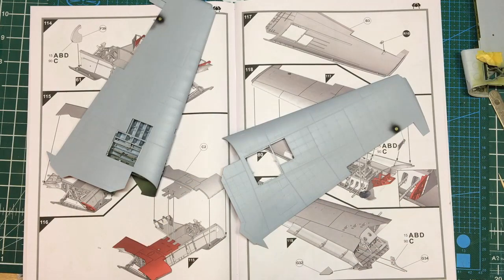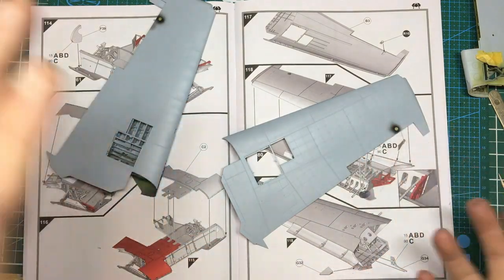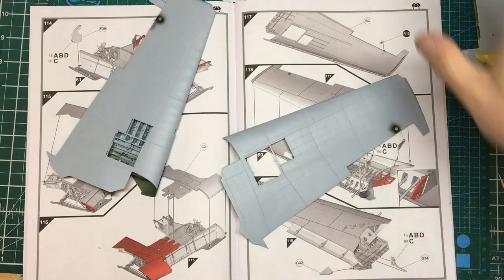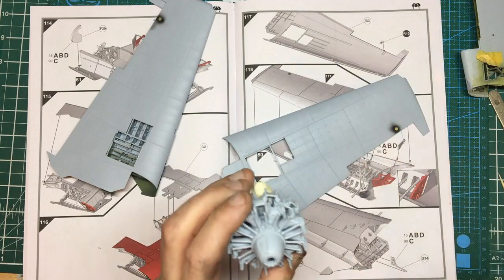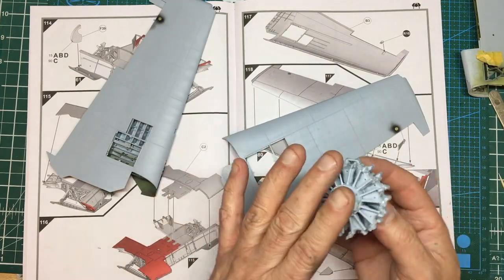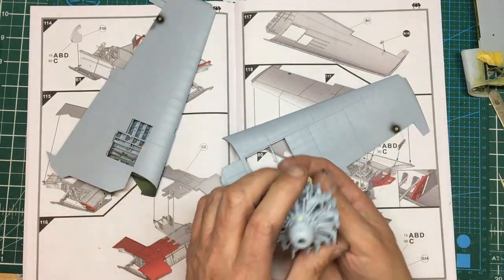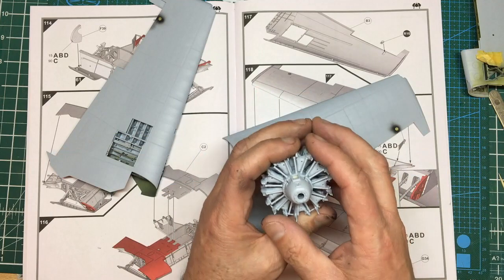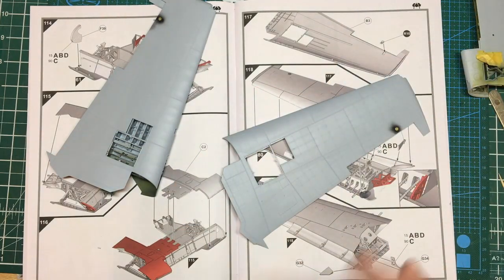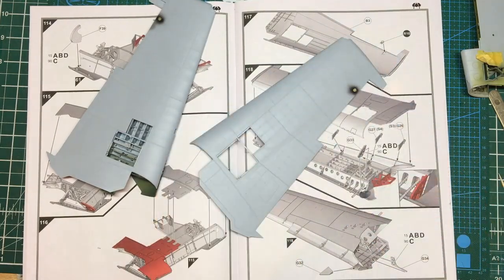And then we're going to be doing some painting work on the cockpit. Once we've got this all done and we can mock it up onto the fuselage, then we're really going to start pushing forward to get this engine done. I'm not going to be adding detail to this. I've got my resin rocker covers and everything, but I'm not going to add all that because everything's going to be closed up. You're not going to see it. So I'm just going to pretty much build this out of the box with not really any added detail, just a bit of fine finessing and a few extra little modelling bits rather than following the